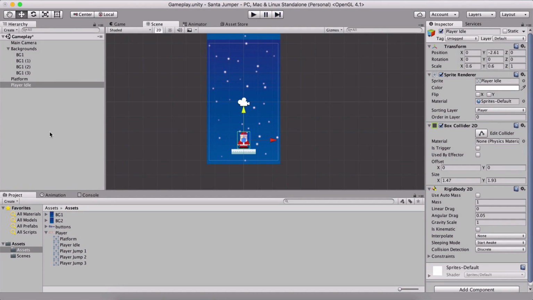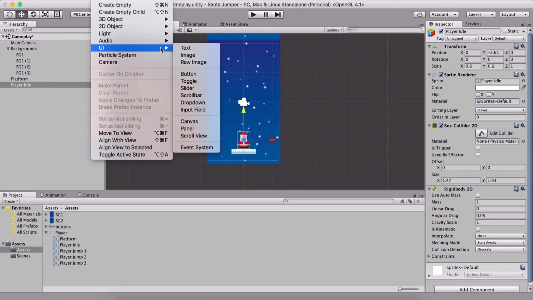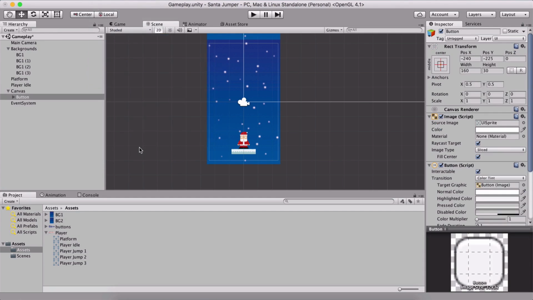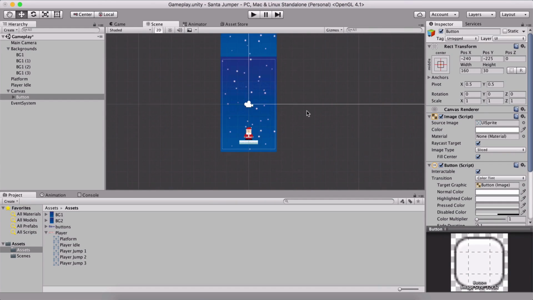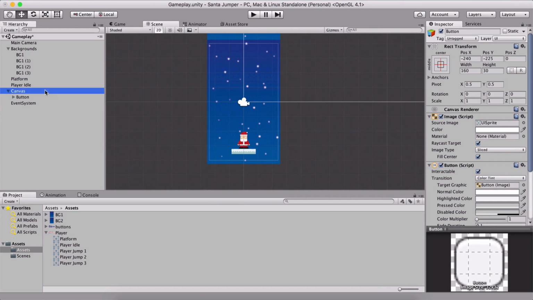What we want to do now is add a jump button. So I'm going to go under Game Object, UI, and I am going to search for a button, which is, voila, this one right here. Now, notice how big the canvas is. So if I take the canvas,